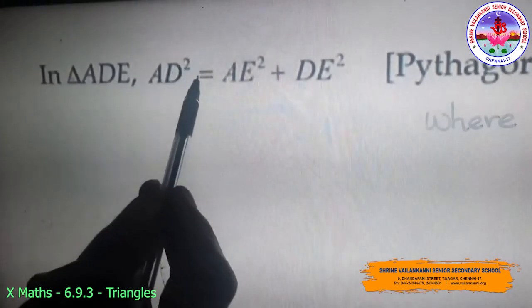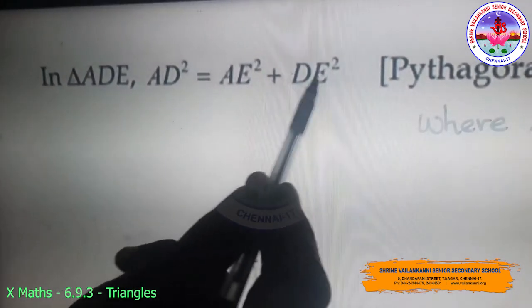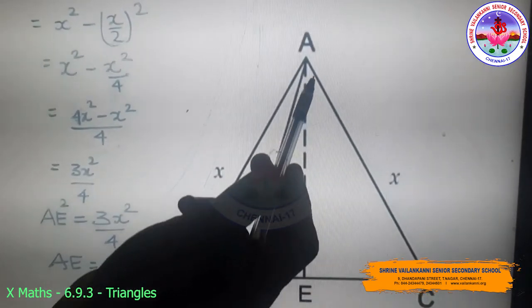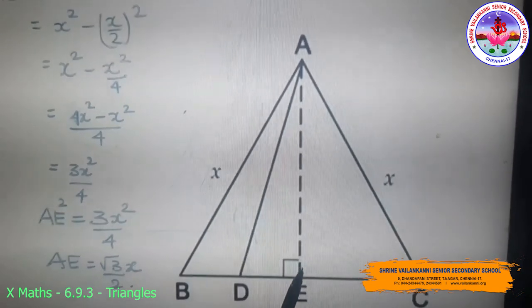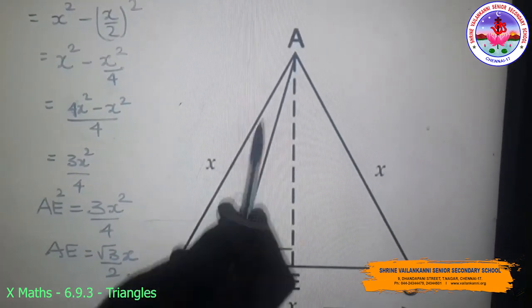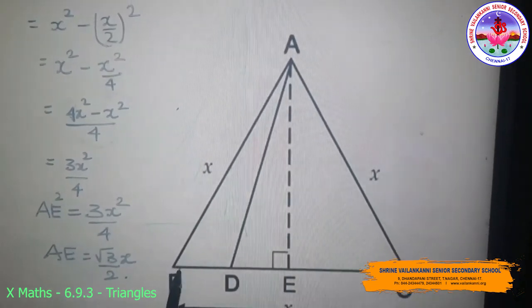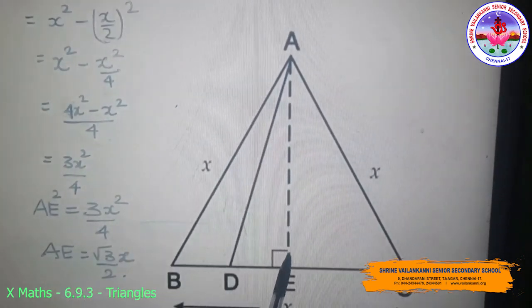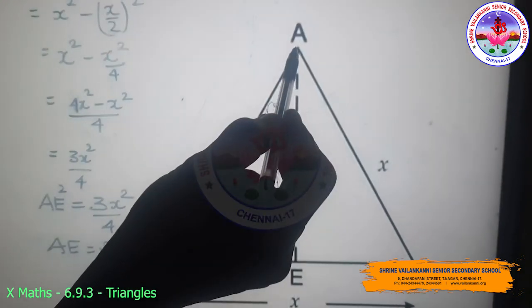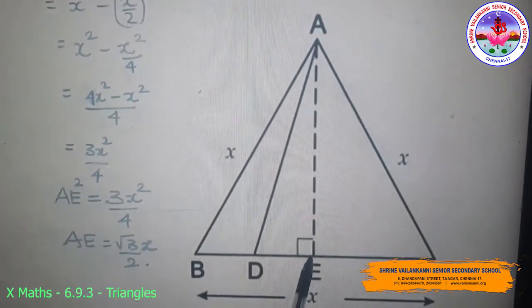So hypotenuse square is equal to the sum of the other two side squares. Now to find the value of AE, where AE is the altitude of the triangle ABC, I am going to find this altitude AE using the right angle triangle